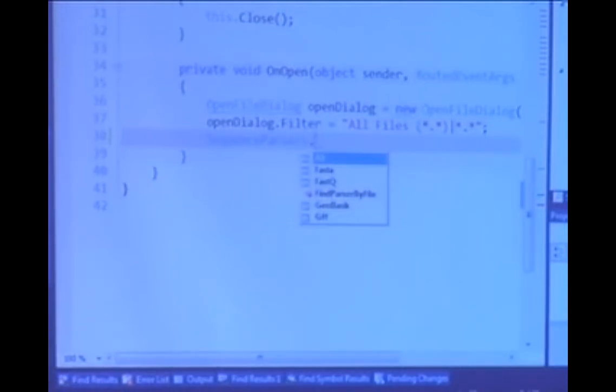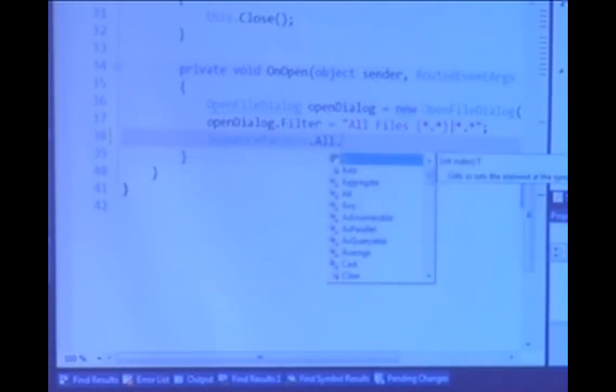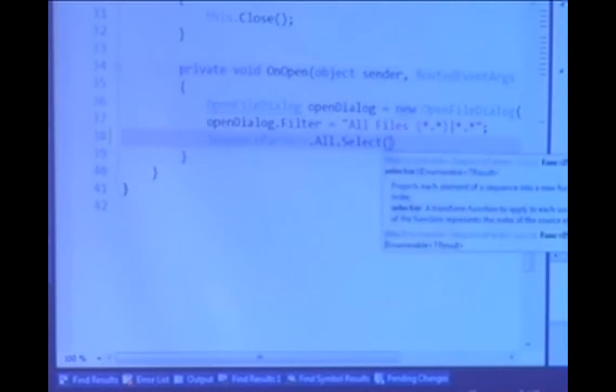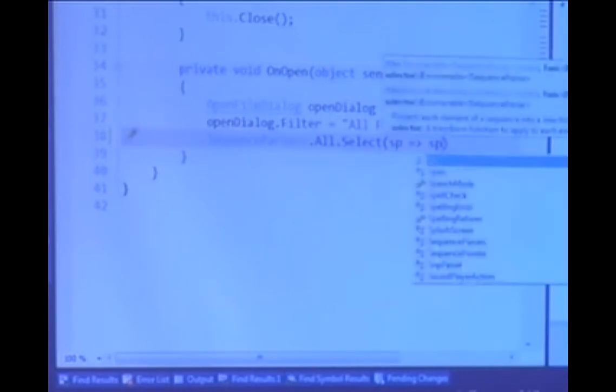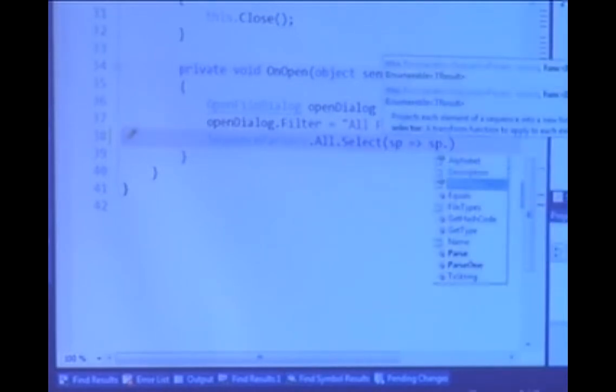If I wanted to change my filter to show all of the items, what I could do is say All.Select sequence parser with a little LINQ expression, and pass in the file types. This is a comma-delimited list of the extensions expected for that particular parser type.